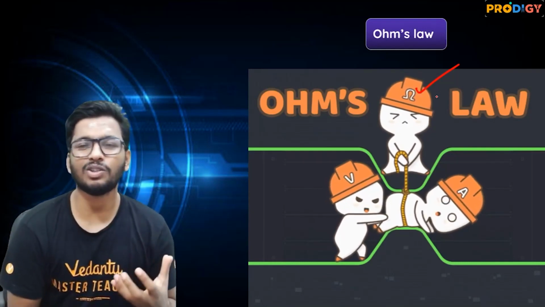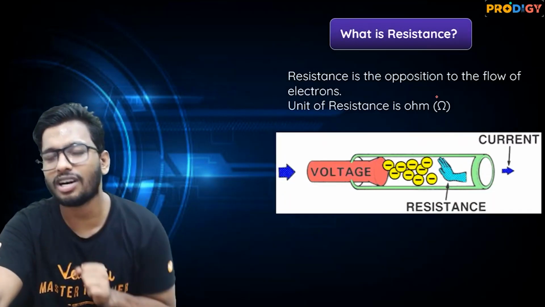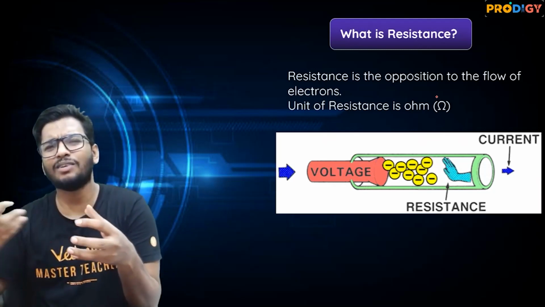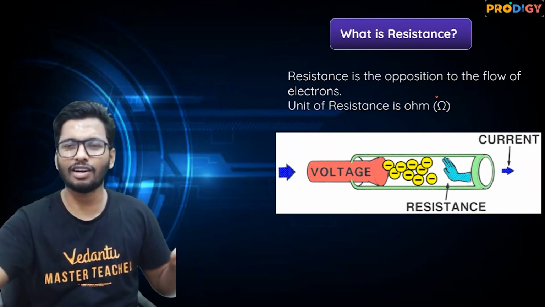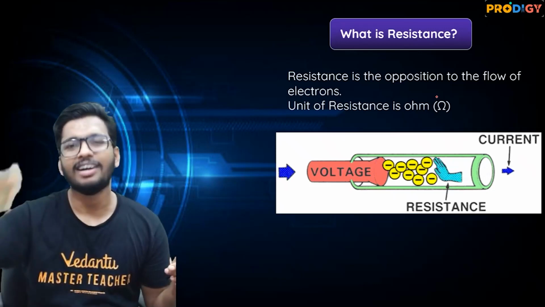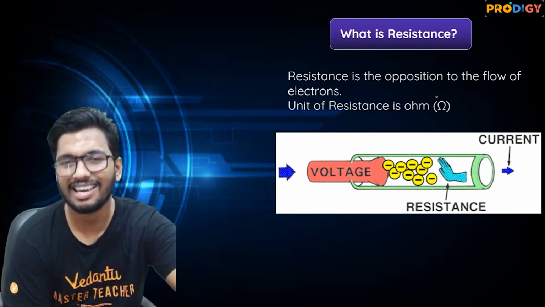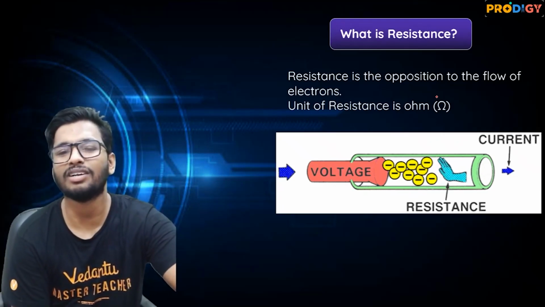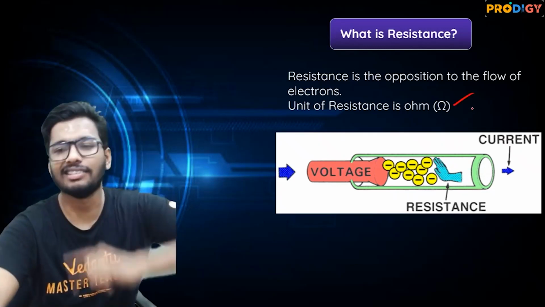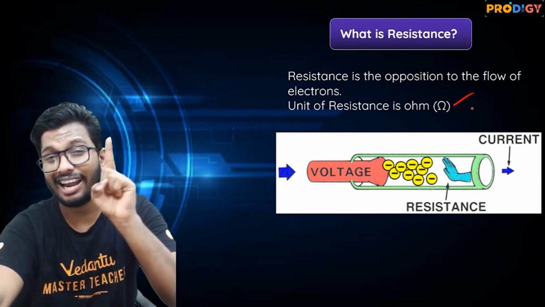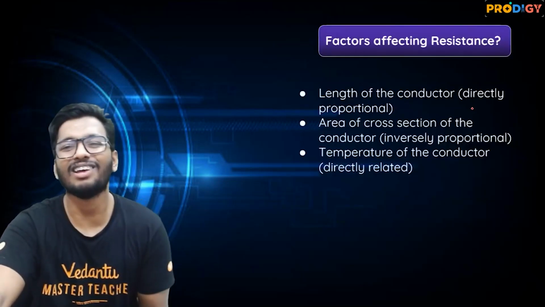This is what happens in the real world also, guys. Resistance is nothing but the obstruction offered to the flow of charge. When charge is trying to flow from one end to another, the obstruction, the stop that you're doing, all the traffic lights that you have, that is what is resistance. It's basically trying to stop the flow of charge. That is what is called resistance. And the SI unit of resistance is nothing but ohms. All right, and it is written as omega. Got it, people? So what is the resistance? It is nothing but the obstruction offered to the flow of charge. That's it. All right, the flow of electrons.